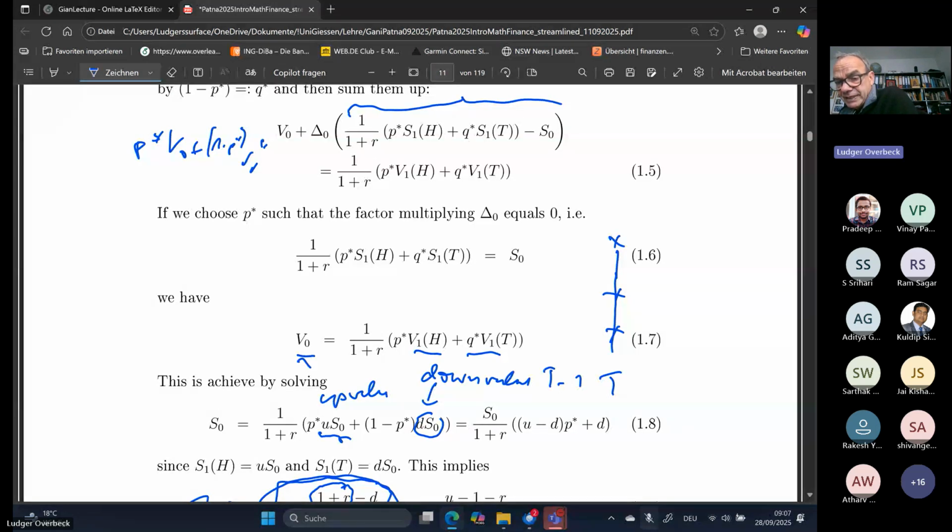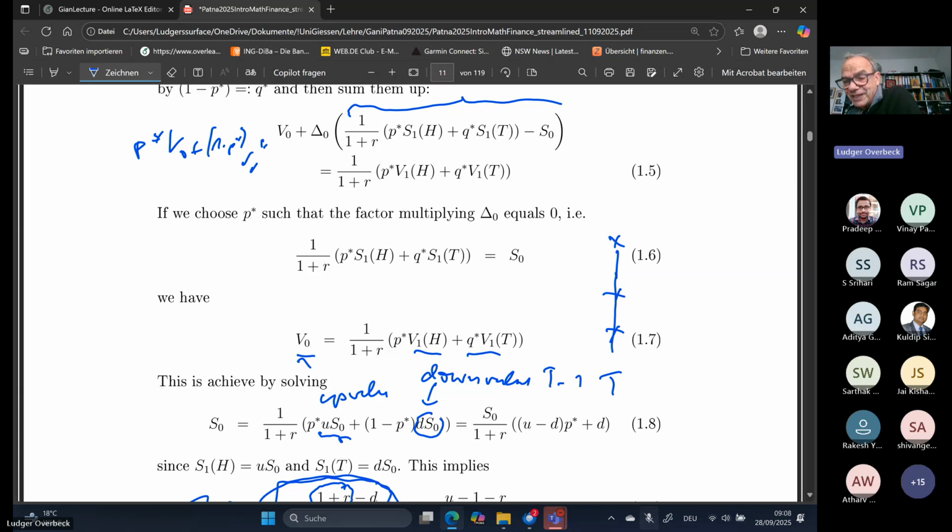and you immediately get the V0 value, actually without knowing the replicating delta 0. This you don't know. This you get immediately once you have P star. P star does not depend on the replicating portfolio. But you get the value of the replicating portfolio without getting the delta 0. That's a feature of this: you get the value of the derivative without explicitly knowing yet the hedge portfolio itself. The value you know, but not the hedge ratio, as it's called, the delta 0.